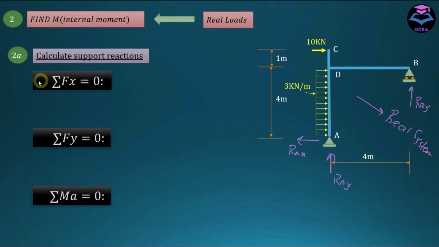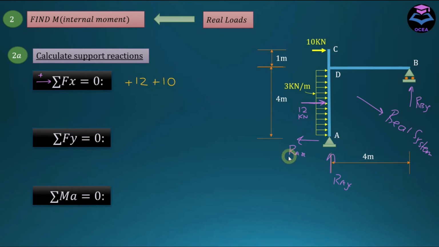So first apply summation of Fx, taking rightward force as positive. We have this UDL going towards right. So first calculate the resultant point load by calculating the area of this UDL. The area of this UDL is 3 multiplied by 4, which gives us 12 kilonewton. And this is going to the right, so this is going to be positive. And we have this 10 kilonewton force